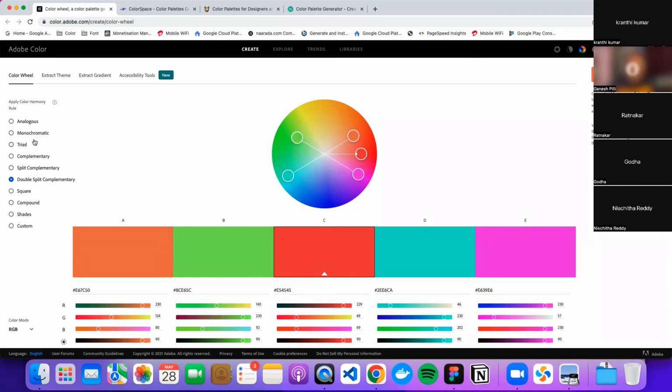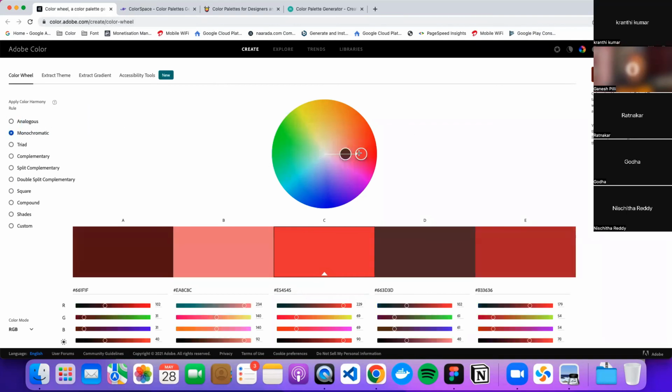So these are all things derived from each other. Analogous first, monochromatic second, and complementary third are the best color palettes. These are all the best ways that you can generate a color palette for yourself. Okay, hope that is clear. I didn't want to go deeper into it, but